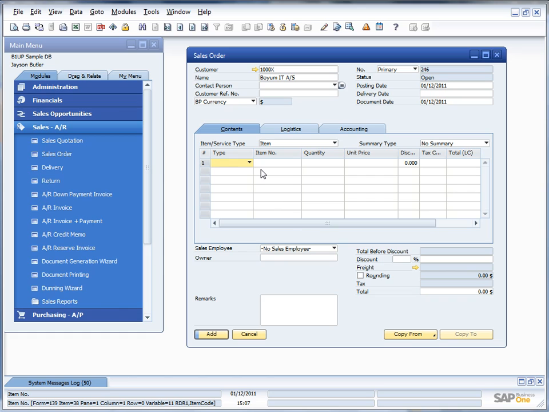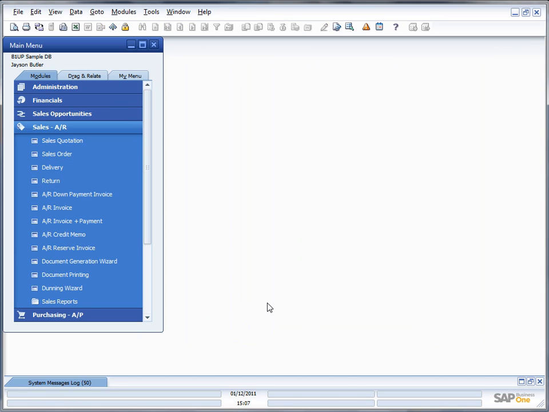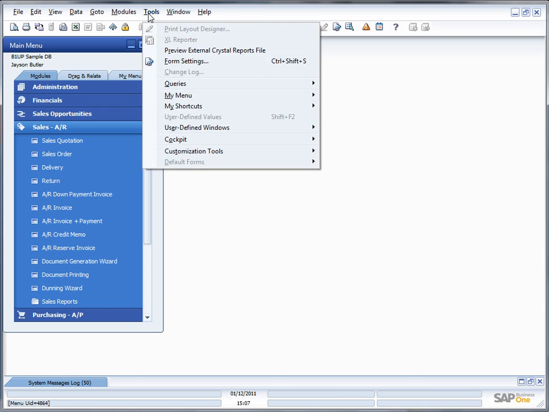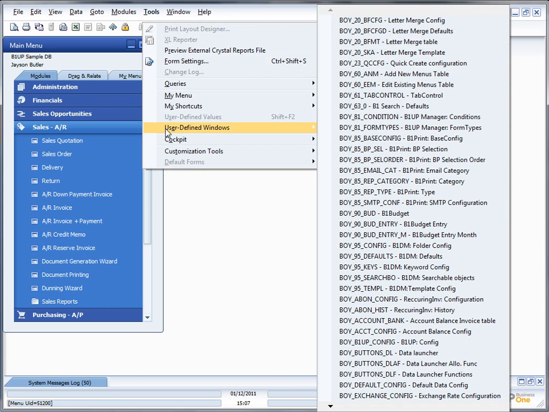I'm essentially able to do this for any single window in Business One. Again, just Control-Shift, click on the first field, use the mouse to show the new order, and go back again. If I, for some reason, need to modify this, I can either just delete the old one and create a new one, or if you are up to the challenge, you can go to the user-defined windows and into this